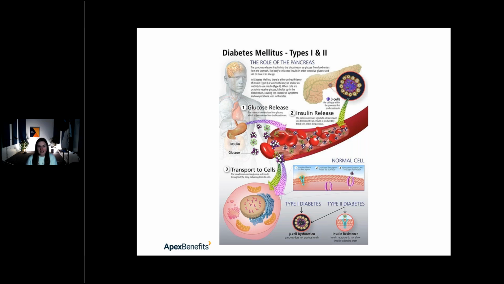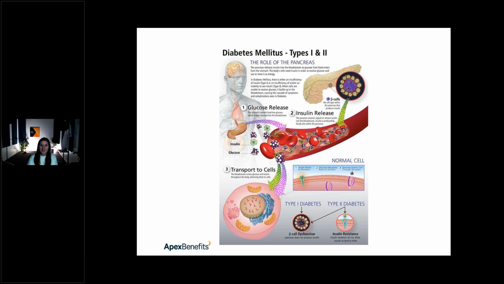And so with diabetes, there are a couple of different things that might be happening. The first is that my body might not produce insulin at all, and as a result, that sugar is going to stay in the bloodstream because that door is not opening to put it into the cell. The second thing that might happen is my body becomes a little bit resistant to the insulin. So it's still producing insulin, but I'm trying to unlock that door and it's stuck. So same thing is happening: that glucose is staying in my bloodstream.